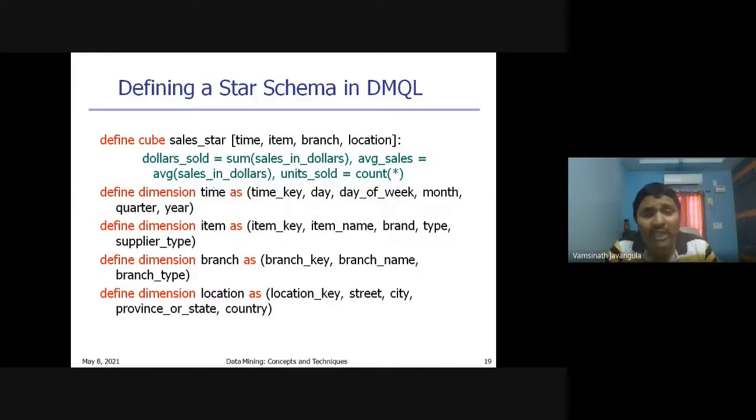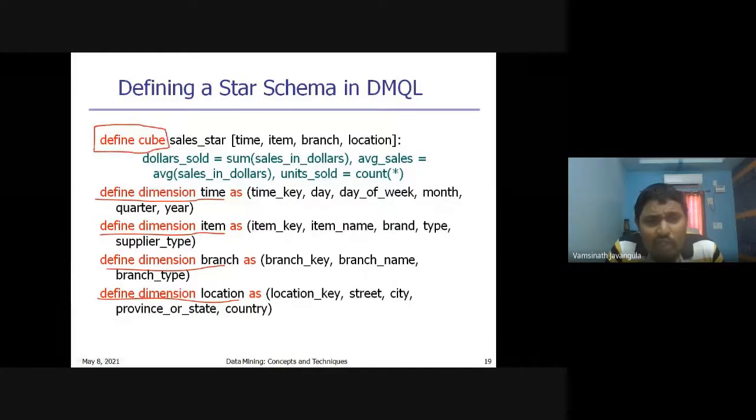If you want to create a star schema in the data mining query language, first we define our dimensions: time, item, branch, and location. After that, we create our star schema using a definition called define cube. The cube name we give is sales star, and the cube has all the dimensions: time, item, branch, location.